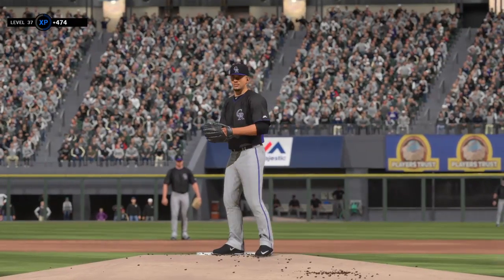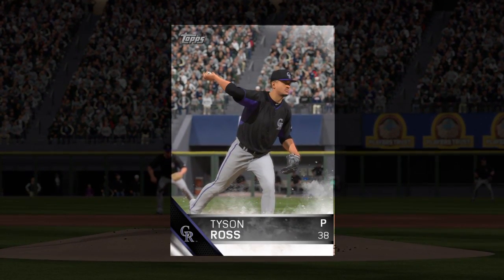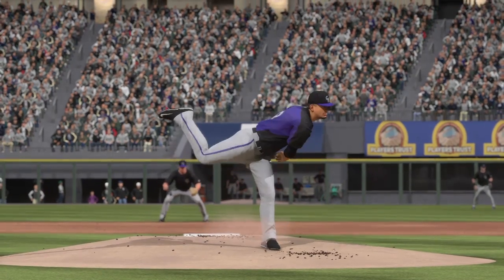Well, you always hope to get a good outing from your starting pitcher, but this man went above and beyond in this one. He's our top player of the game. Yeah, just the 1 run allowed, but anytime you can give